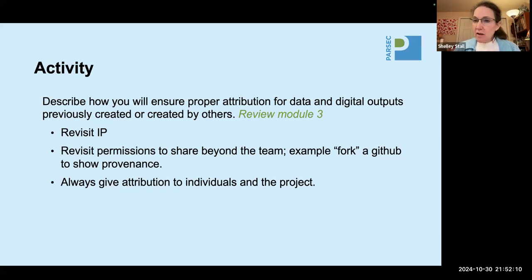So here's something. Along those lines, is there anything in addition to ensure proper attribution for each of the outputs that have been created from your project, no matter what type of digital output it is? What sort of thing should you be thinking about to ensure that that's true and happens? So let's say it's a new model that you've created from your grant, and you've preserved it. You built it in GitHub, you preserved it in Zenodo. It's now cited in a peer-reviewed publication. What can you do to make sure that if somebody else uses that model, that the creators of the model will get